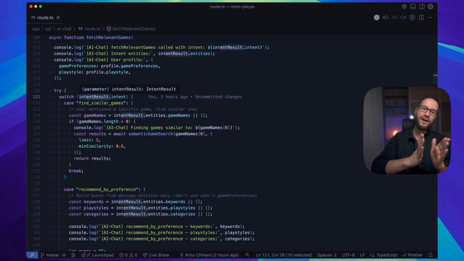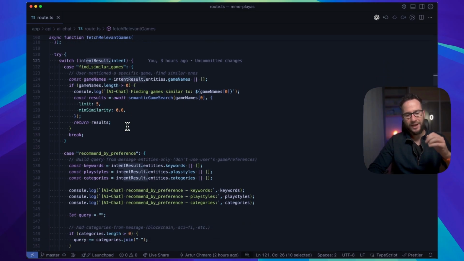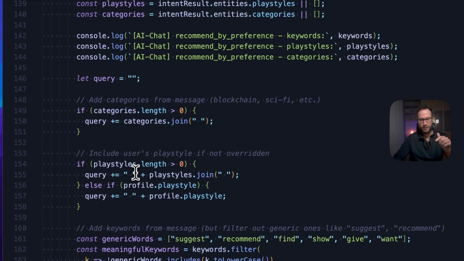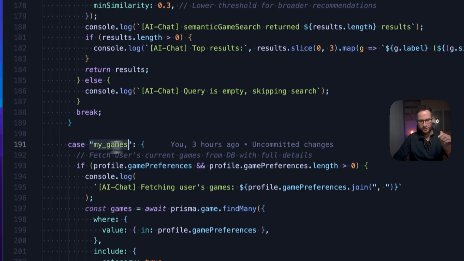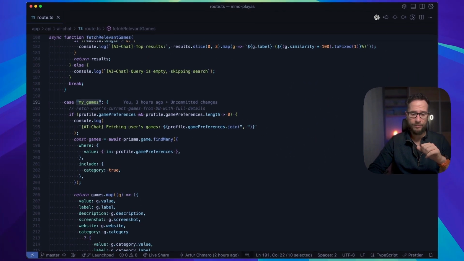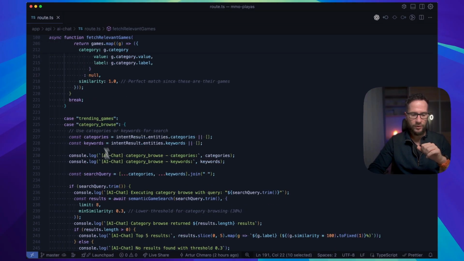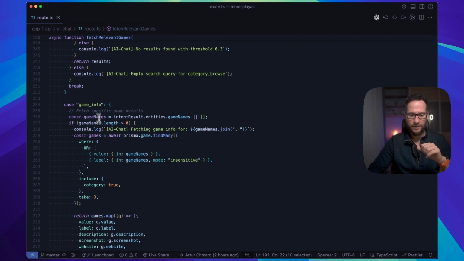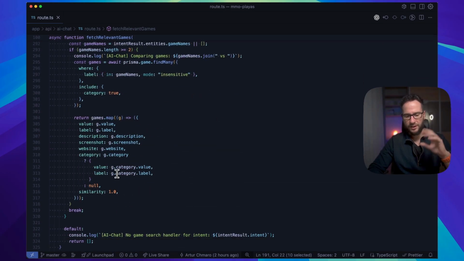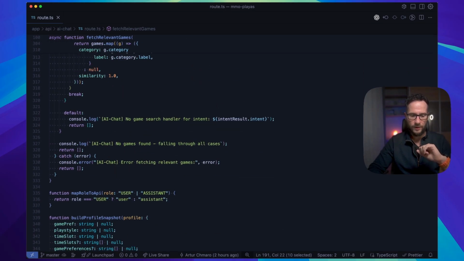So the backend receives the chat, then the LLM makes a decision about what this message that was sent by the user was about, and then it tries to stick it into a couple of categories like find similar games, recommend by preference, or find similar games to the games that the user previously marked in their profile. And then we have category browse, game info if somebody is asking about some specific game, comparing games, and then we're just inserting that into the prompt.